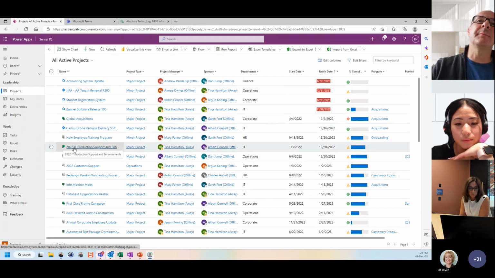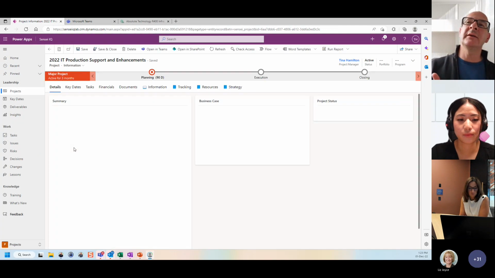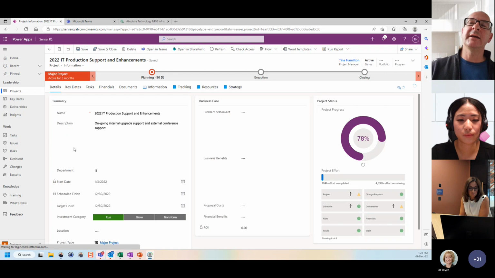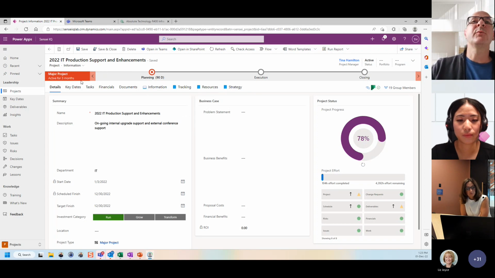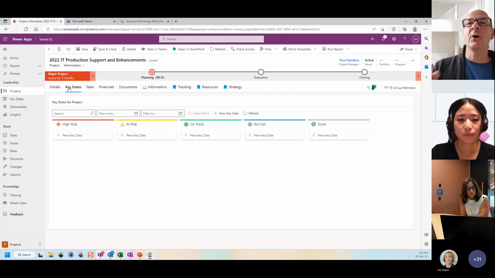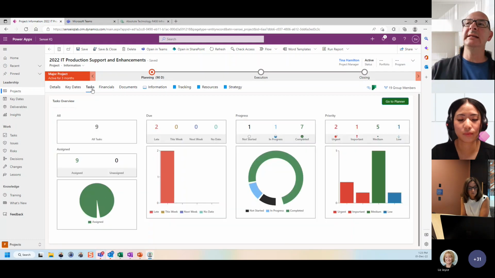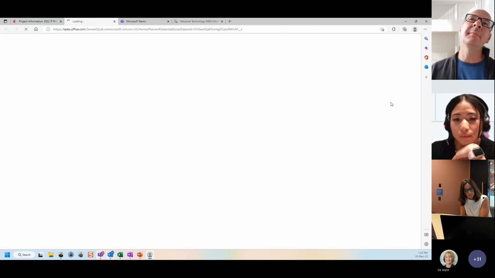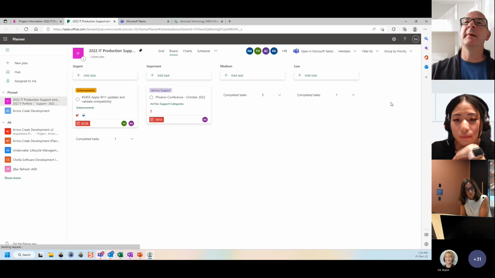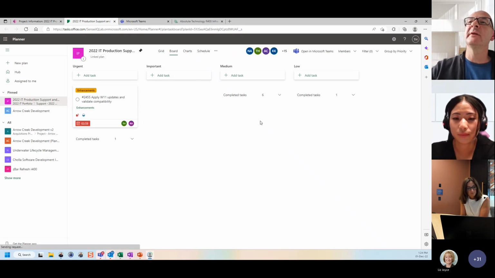What that translates to is the ability for me to manage a project in a very intuitive fashion, where a project manager, no matter whether you are a professional project manager or not, has the ability to follow your business process flow, which can be fully automated through, of course, Power Apps and Power Automate, and where you can manage the content of your information, whether these are key dates or tasks. And what you see here is literally the tasks that the project team manages in Microsoft Planner. So I can now open up Microsoft Planner and my team can fully manage all of their tasks in a very intuitive tool